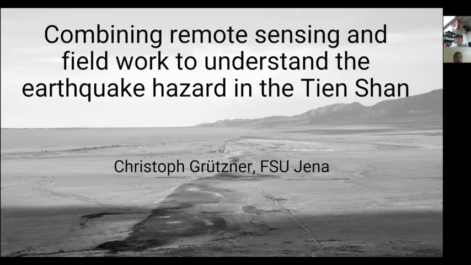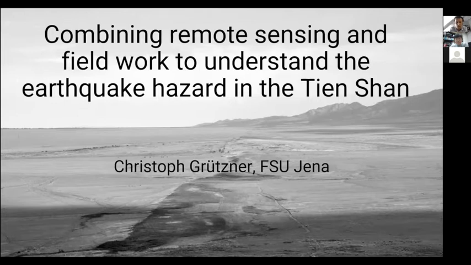My main area of interest in the past has been a lot the Tian Shan, or Central Asia in general. I did a postdoc in Cambridge on that topic, but still today I'm very much interested in it. And whenever I have the chance, I go to the field in Central Asia and look at these wonderful faults